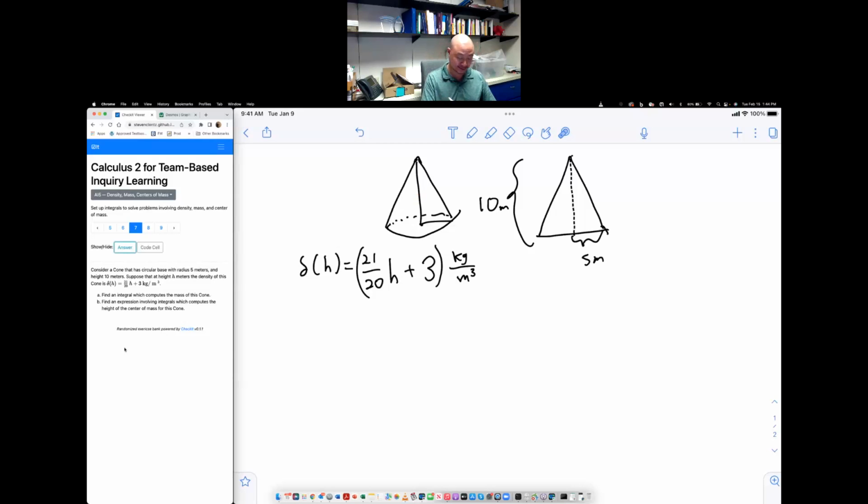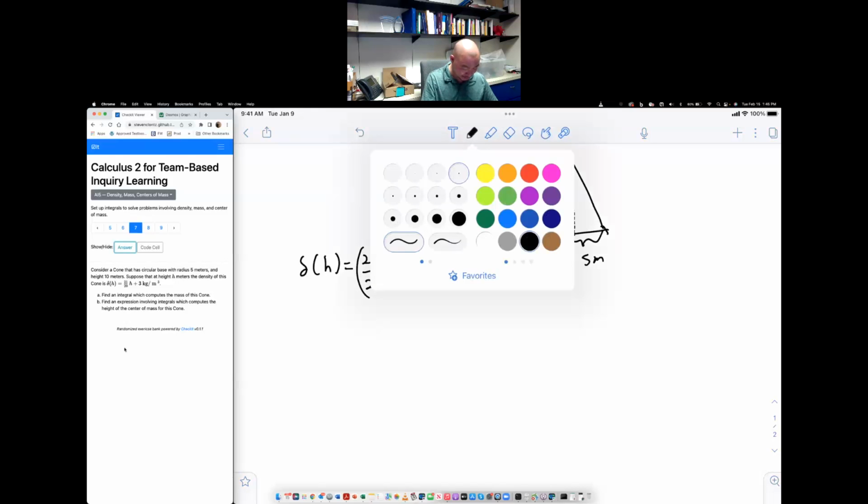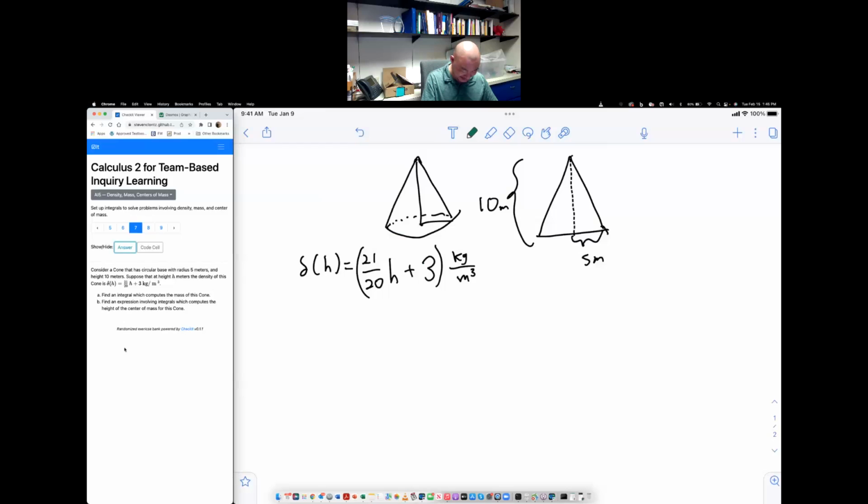And so let's begin. The first thing we note is that we can compute the total mass by essentially taking cross sections of our cone across h, taking the areas of those cross sections against our density at those heights, and then integrating over the possible heights. And so the first thing I want to note here then is, what is this area? So in other words, if I take a height h